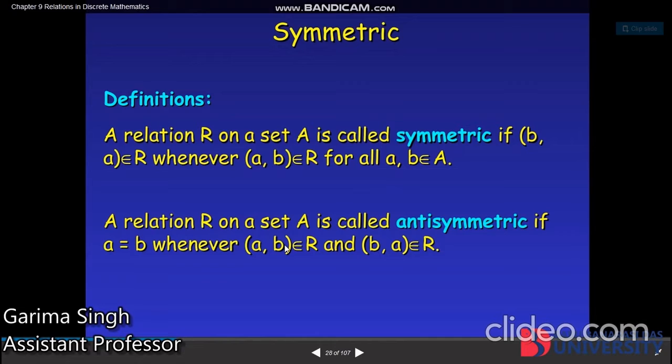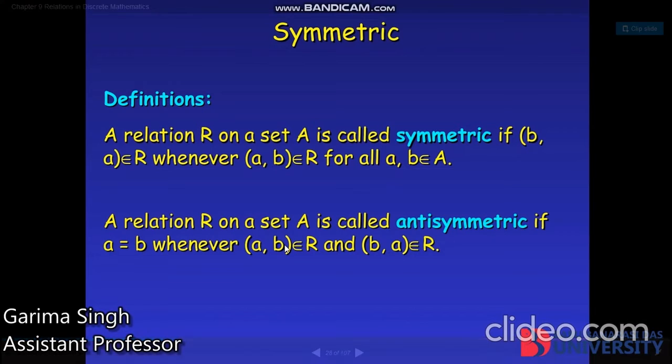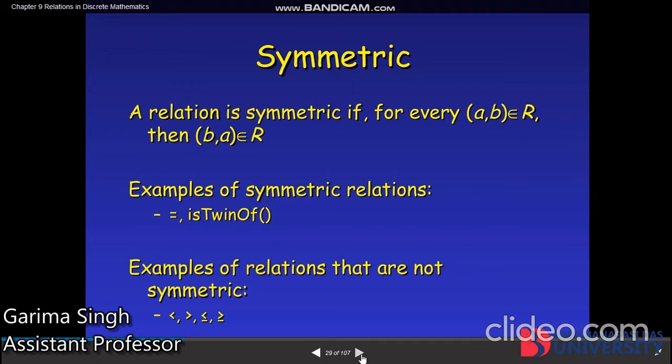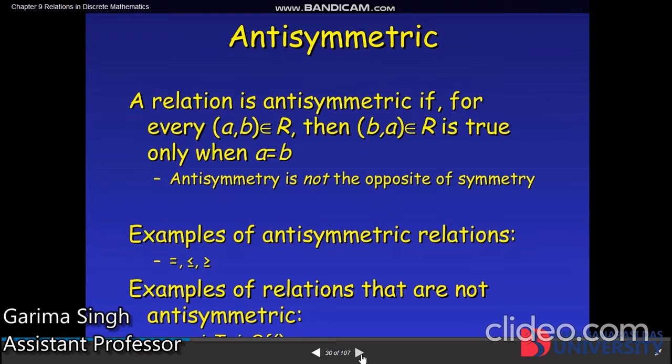A relation R on a set A is called antisymmetric if a is equal to b whenever (a, b) belongs to R and (b, a) belongs to R. Means there exists (a, b), but these two are same. And this is (1, 1). This is also (1, 1). See, symmetric. A relation is symmetric if for every (a, b) there exists a (b, a) in the relation. These are the examples, and we'll consider